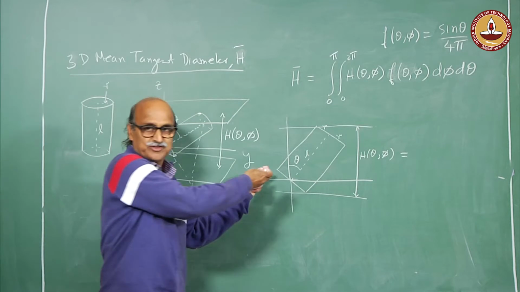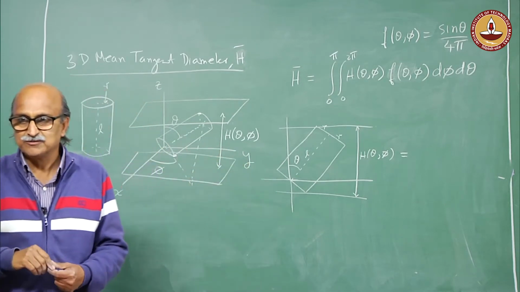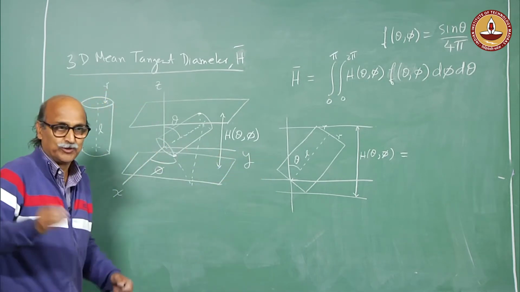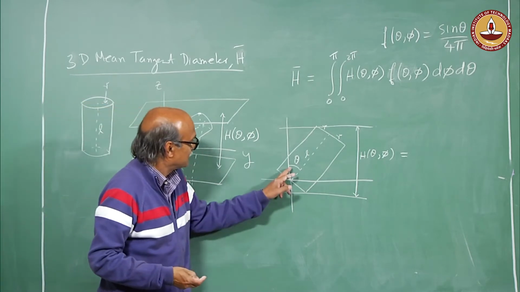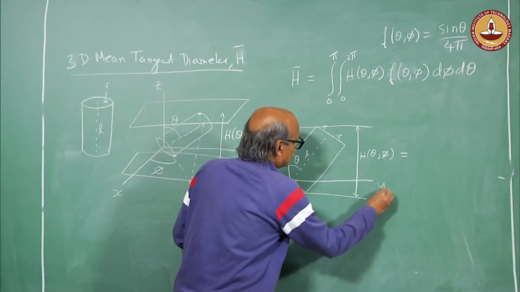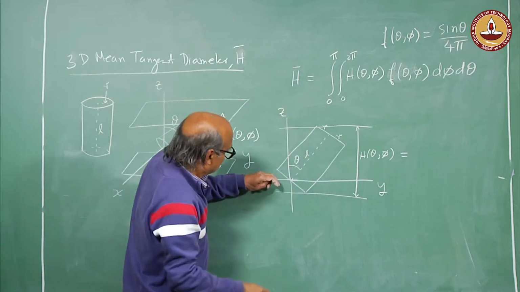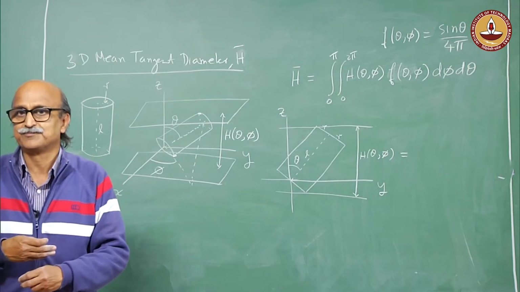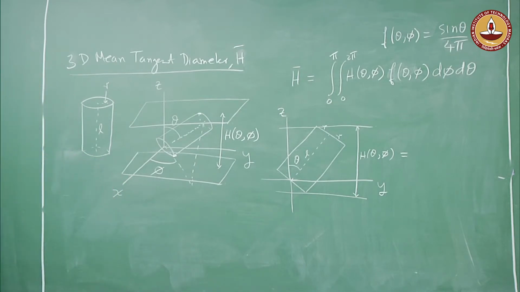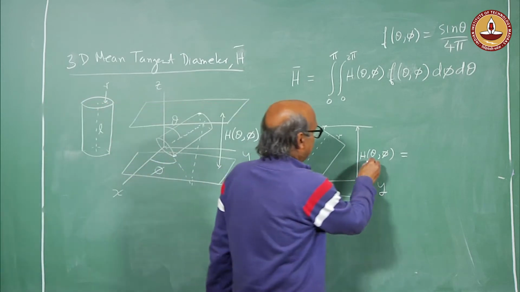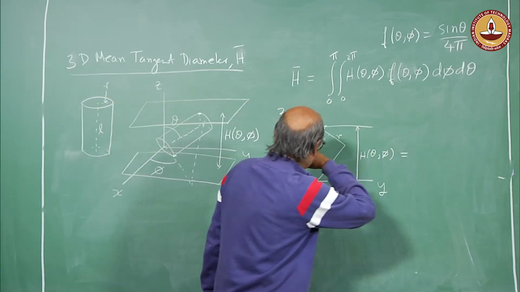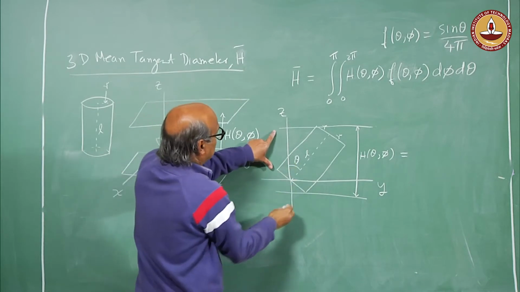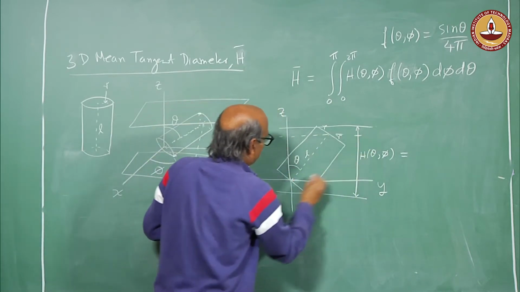Now, this actually reduces down to my problem of the rectangle to find out my tangent diameter, but the only catch is that here my theta is defined with respect to the z axis, there it was with respect to the horizontal axis. So, my cos and sine will get reversed, is not it? And I will get h theta phi to be this, again I can divide just like before.